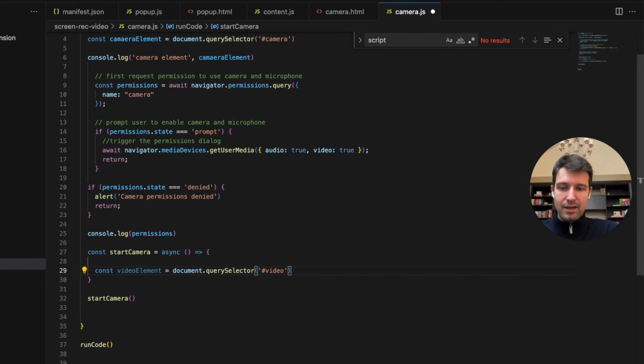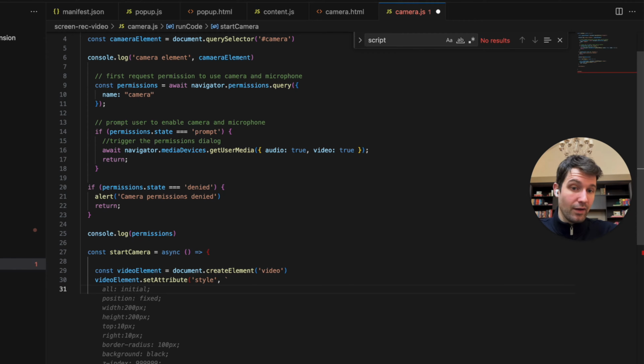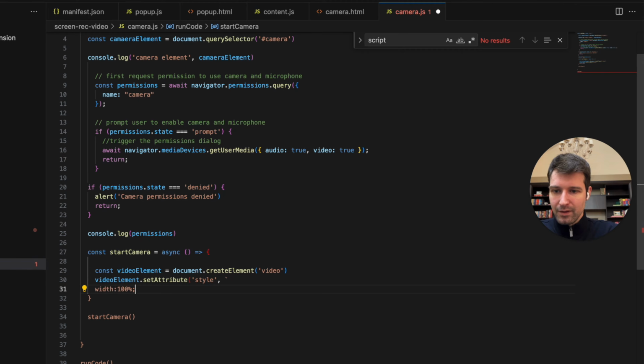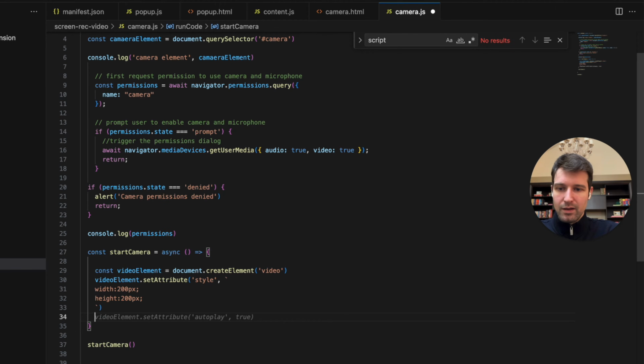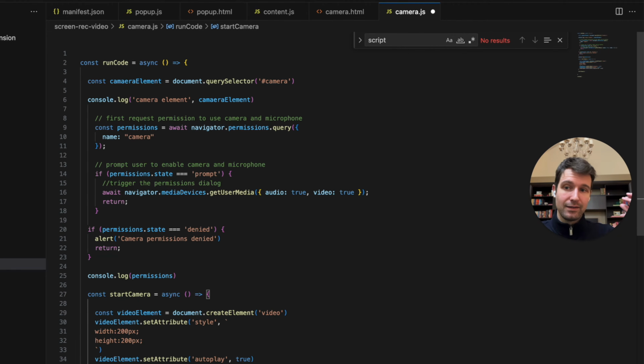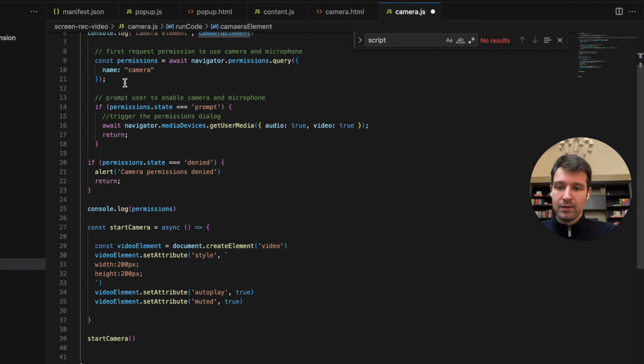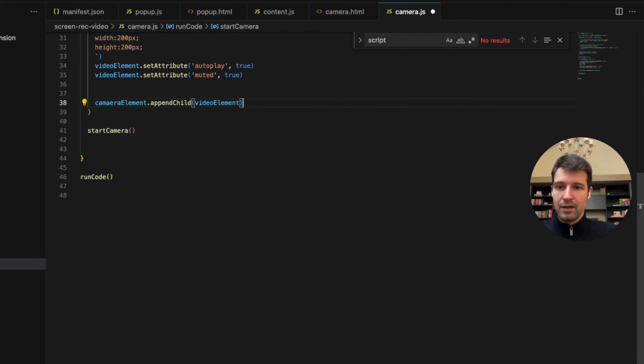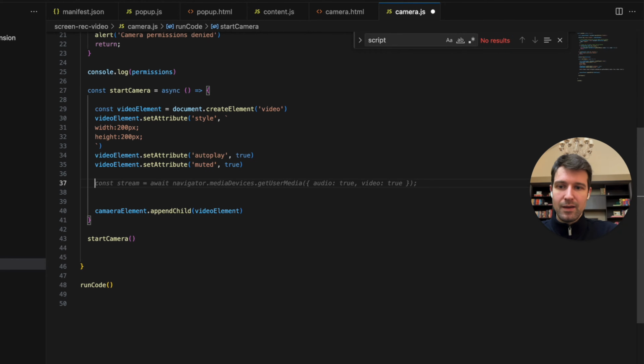So this will be a new element just here, and we're going to set the same styling that we had above. We don't need all of this though, we just need a width of 200 and a height of 200. And then we are going to set autoplay to true. We're going to make sure we're muted, and we don't need plays inline. We're basically going to append this onto our camera element. So you can see down here we have camera element, append child, video element,